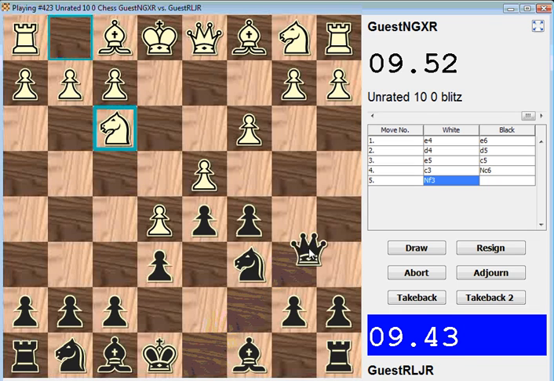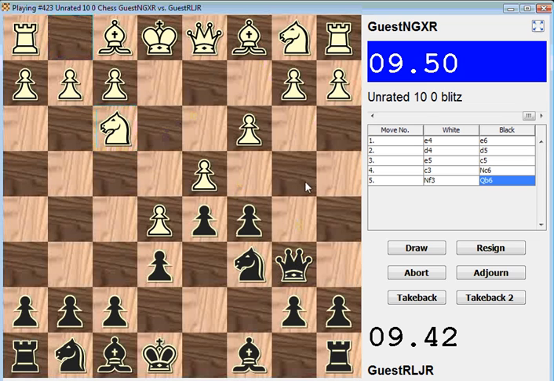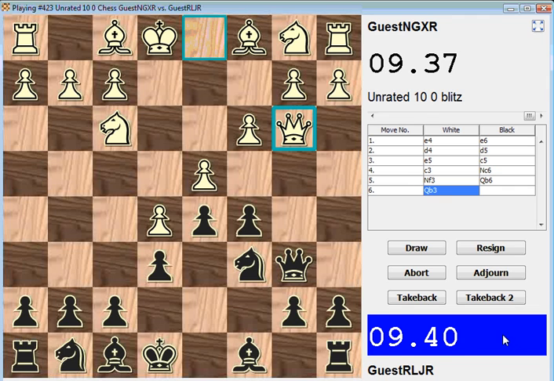Let's put the queen here. If the bishop moves here, that pawn would fall. So that bishop is hindered for now. Of course, with longer games, it's way easier to cheat using a computer. Exchange of queens. Well, I'll let him exchange the queens here,